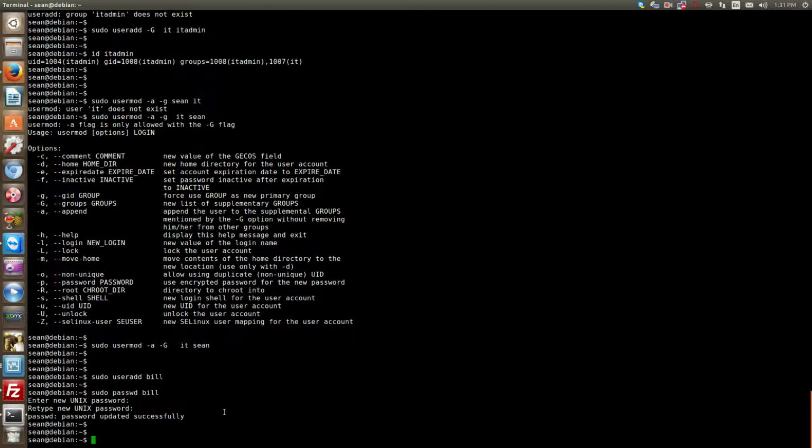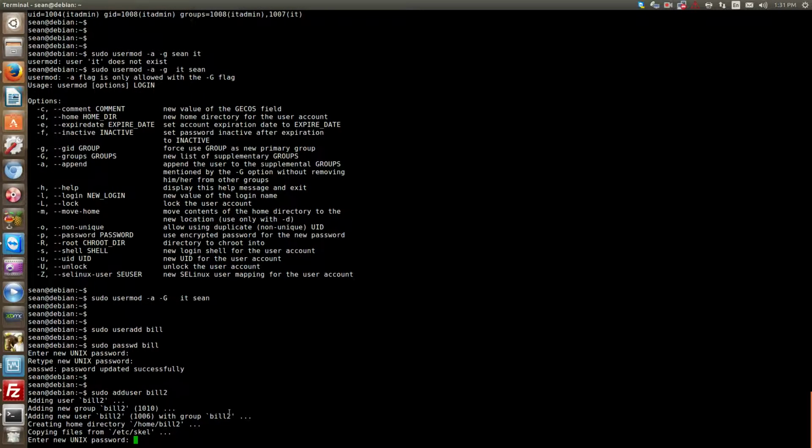Now if you want to add a user and be asked for the password at the same time, you can do sudo adduser bill2, and by doing this, it'll ask what you want the password to be,